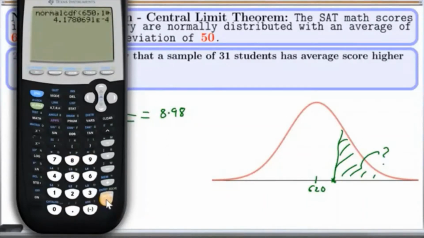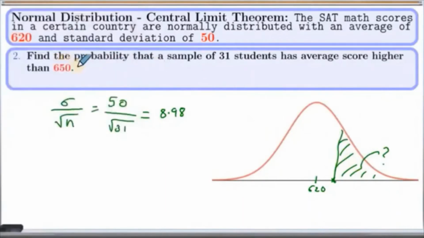So we got this number here. Basically, this is the area over here, which is, let me write that down here. So this area here is 0.0004. Now let me show you how to find this area using the formula. For that, we can just use this formula here, which is z equals x minus mu over